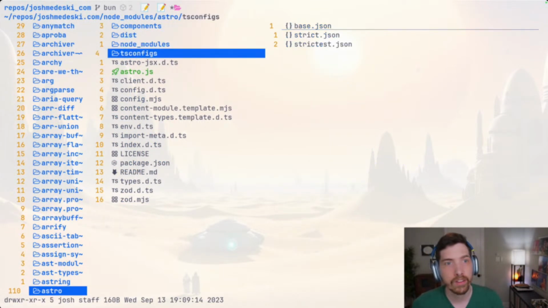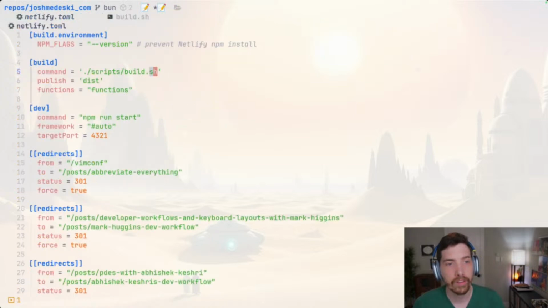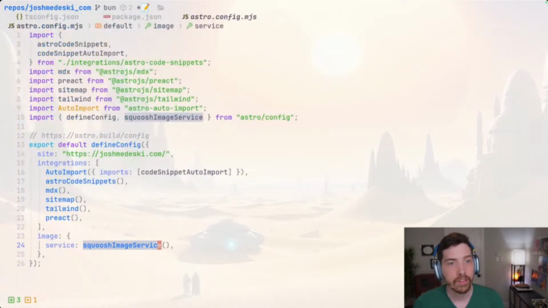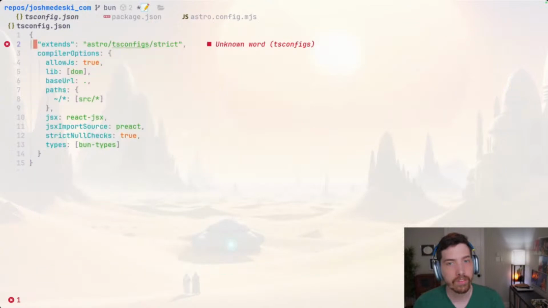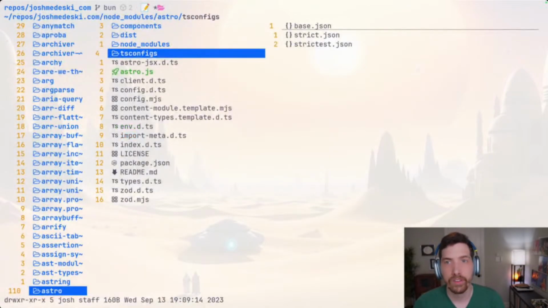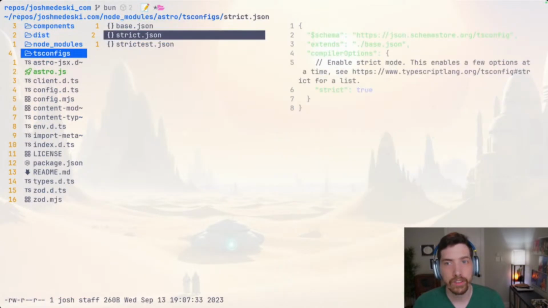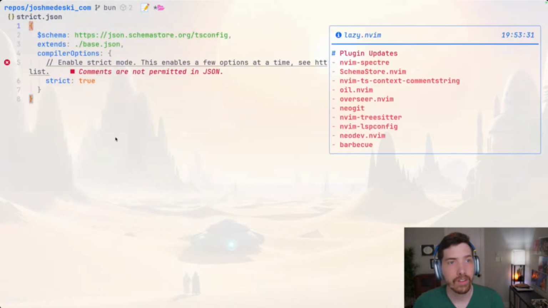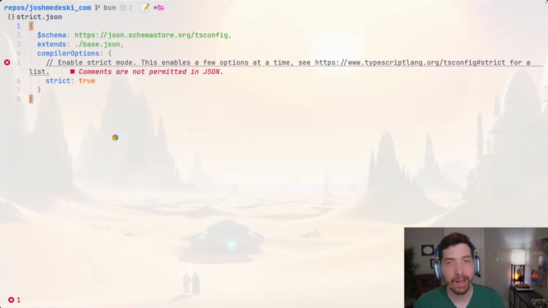tsconfigs. What did we call this? tsconfig strict. So this is strict. It extends. I mean, we could just take this stuff and grab it, is my thought. Schema, base, compiler options, strict. Okay, so that's